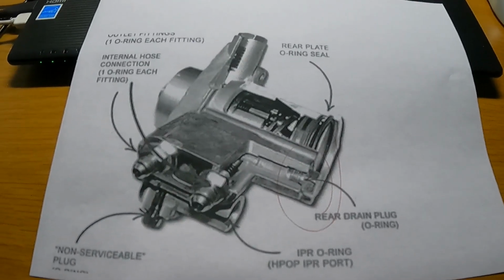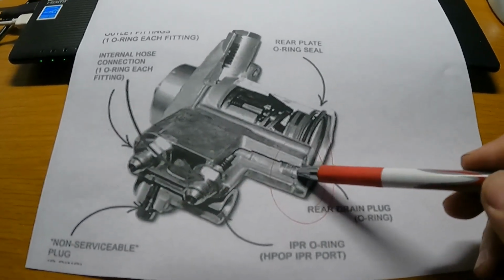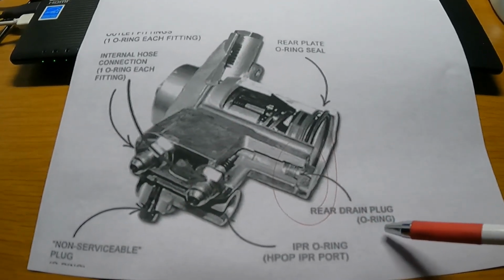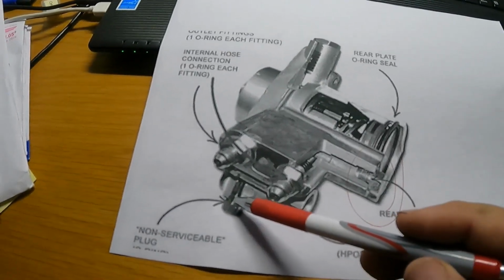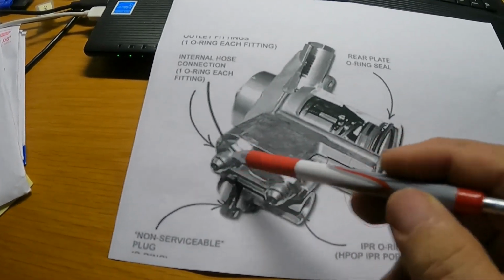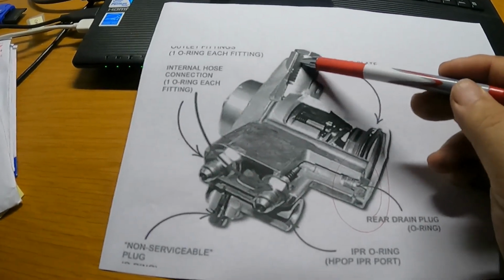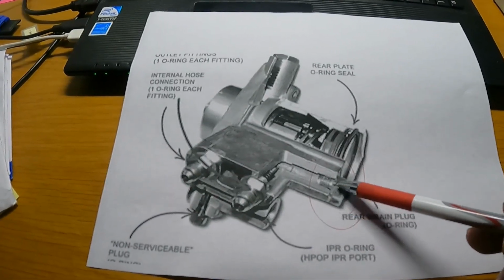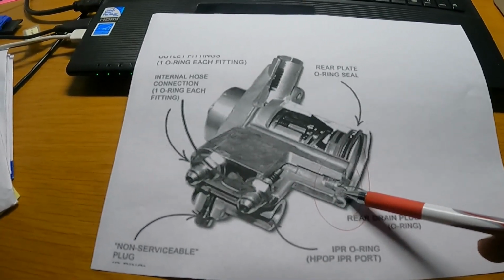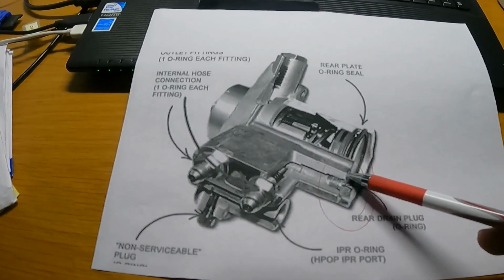Alright, so the plug that I'm seeing that's leaking is this one right here, which is the rear drain plug. This hole's for the IPR. That's your non-serviceable and your 2 high pressure oil lines. You have this plug and another Allen head plug on the bottom, but this one, I think they've already changed the O-ring in here. Might not have put the right O-ring or